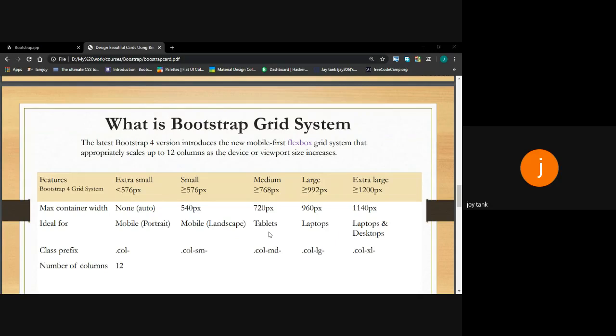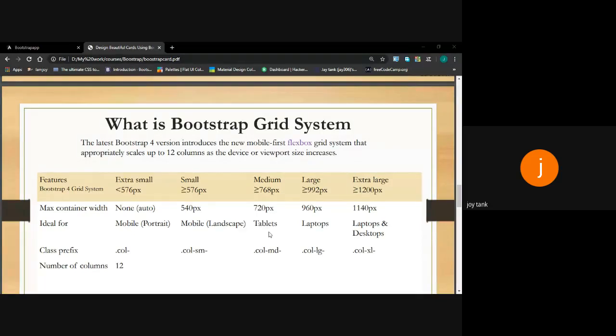Every framework has a different grid system. So you need to first understand this grid system. The grid system starts with five to six different kinds of ports, like mobile portrait mode, mobile landscape mode, tablet mode, then laptop modes, and laptop and desktop modes.